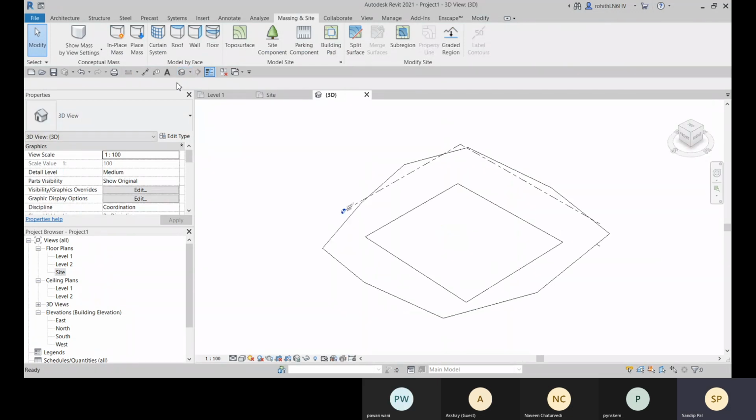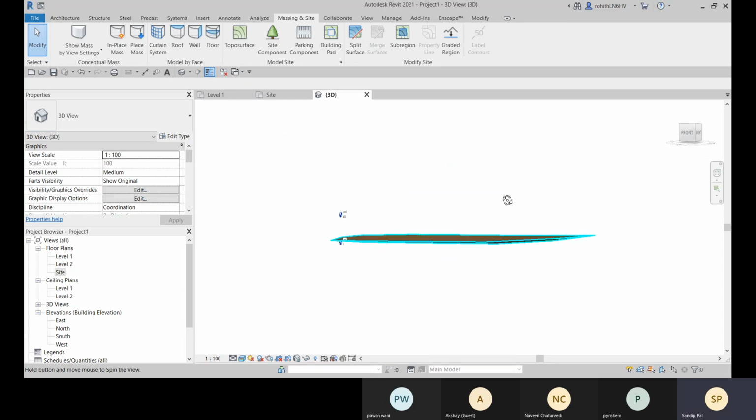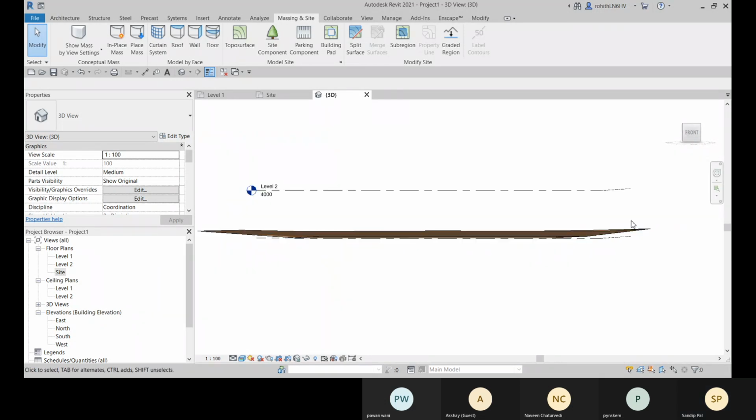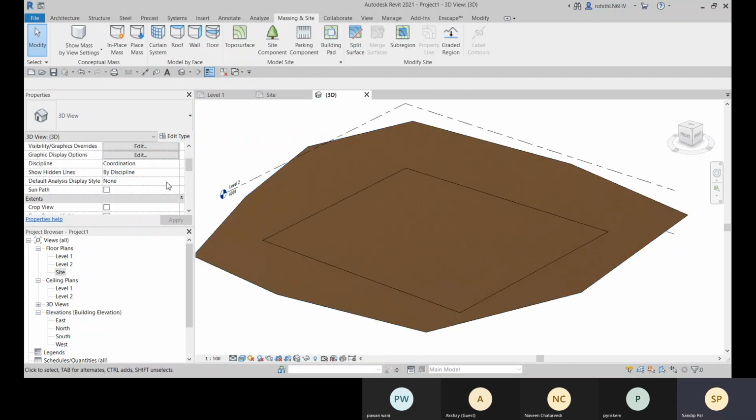You can check in 3D. Activate the realistic visual style, and this one is created. You can check with the section box. Here we have a section box within this 3D view.